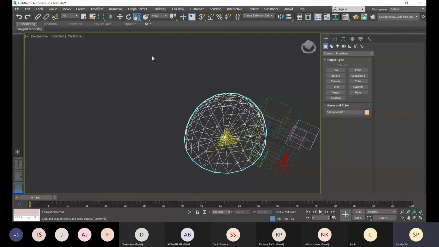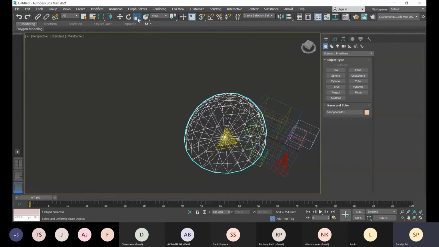Okay, from the middle. Right now the icon is uniform scale. There is a non-uniform scale option as well. The second option is non-uniform scale and the third option is squash. How do you get that option?